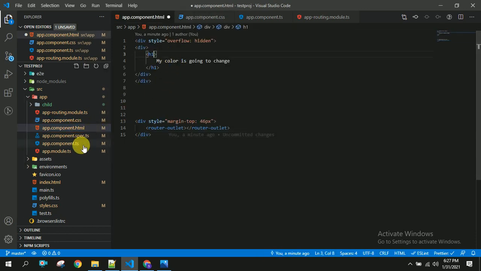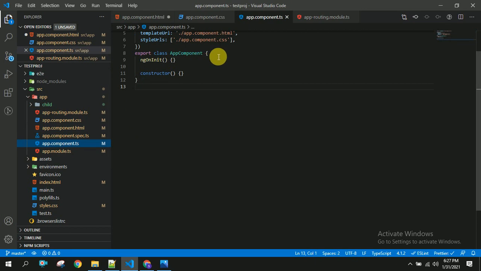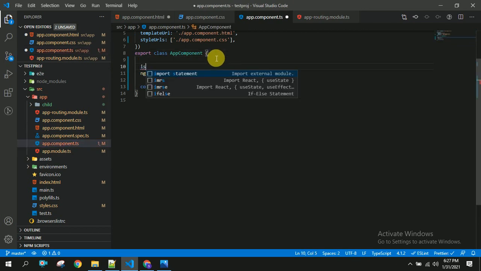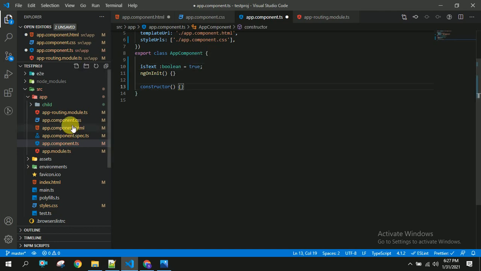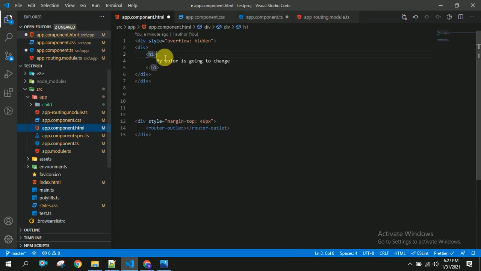So first I am going to create a boolean variable, isText: boolean = true, and to this h1 tag I am going to apply ngClass equal to, I am going to check this condition isText.